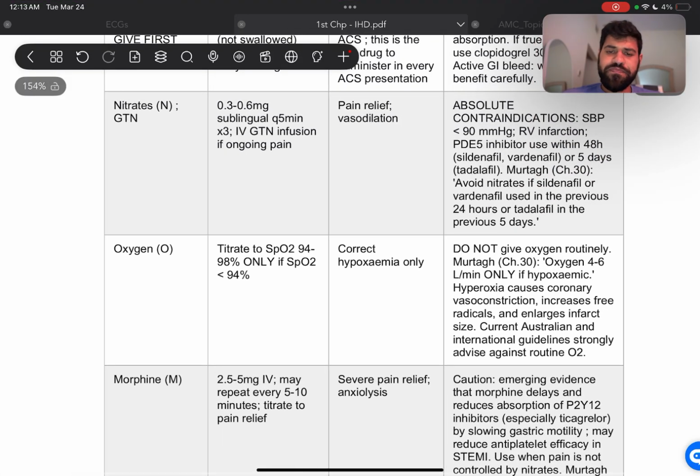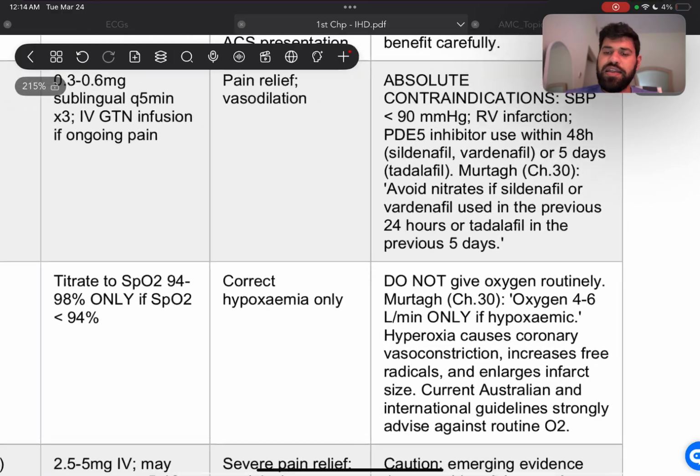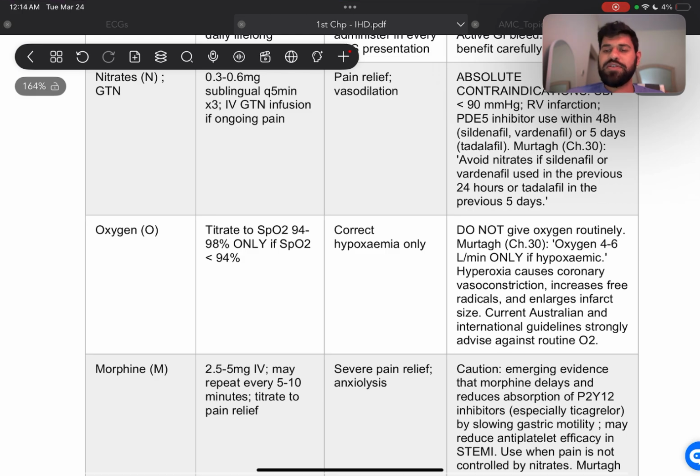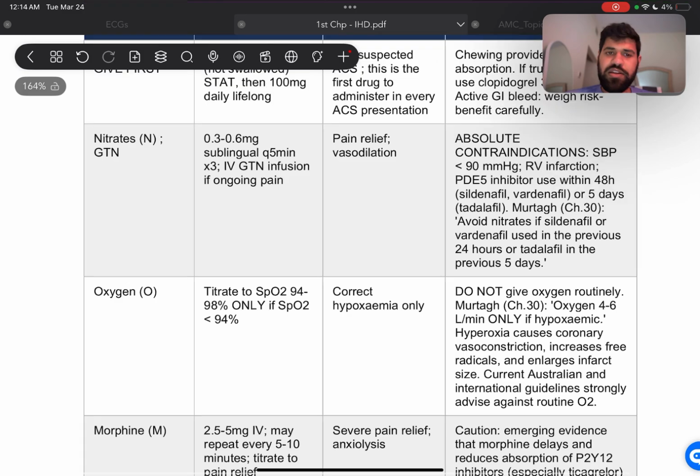Then we have oxygen, and it corrects hypoxemia only. Do not give oxygen routinely, because it can cause hyperoxia, which is going to lead to vasoconstriction. Especially if the patient's history is that the patient was a smoker or has COPD, we don't give them a high concentration of oxygen, and we'll go over the reason why in the pulmonary section. COPD patients are not dependent on high oxygen concentration the way we are. Their body is more used to a lower oxygen concentration for them to be able to have proper perfusion of their blood and oxygen exchange.